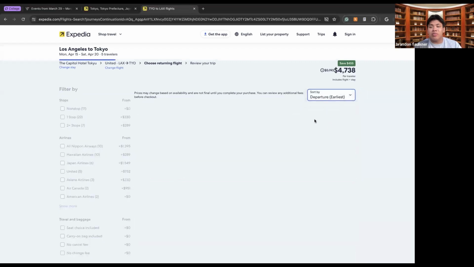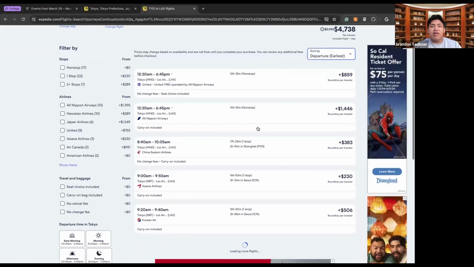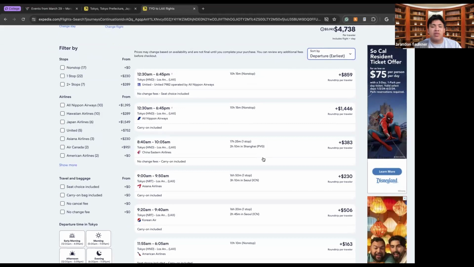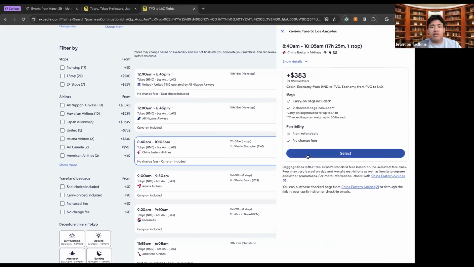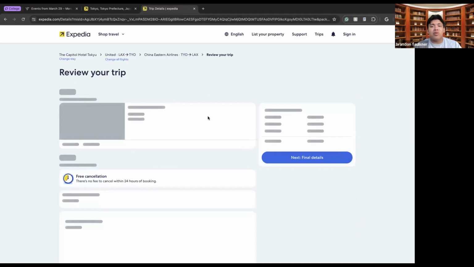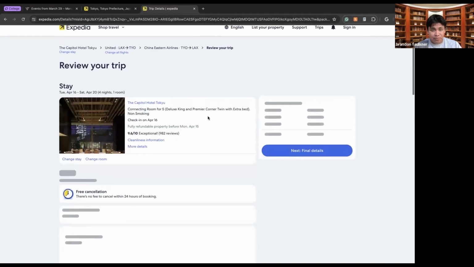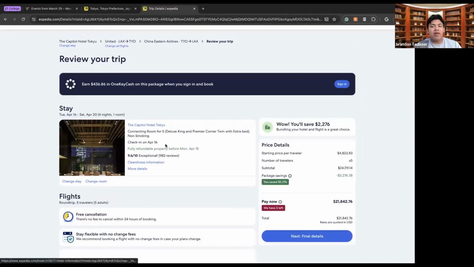So I want early departure since I want to get there fairly quickly and also view the city. And let's go for this one with China Eastern Airlines.